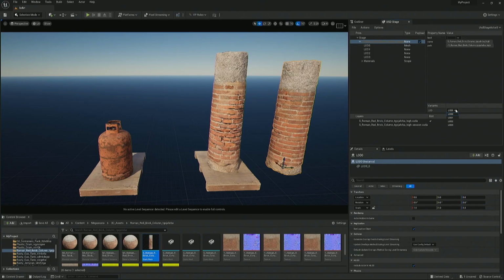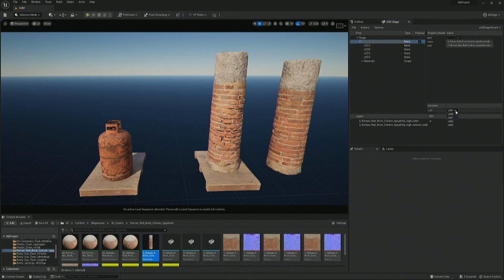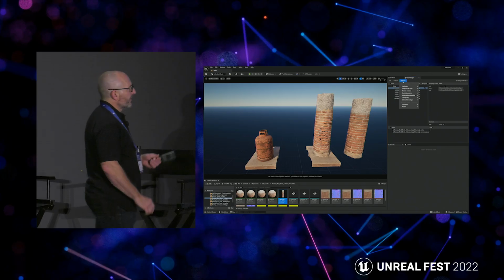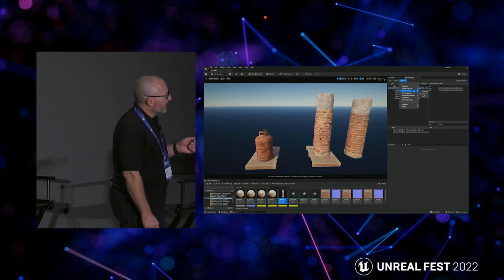And again, they're variants, but we tag them as that, and so then you can pop between them for the different levels of geometry that you're working on. And then if we look at the options here, we have the render context.